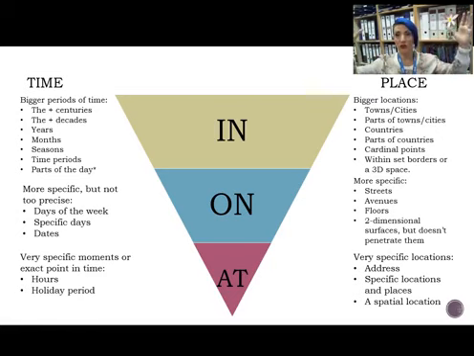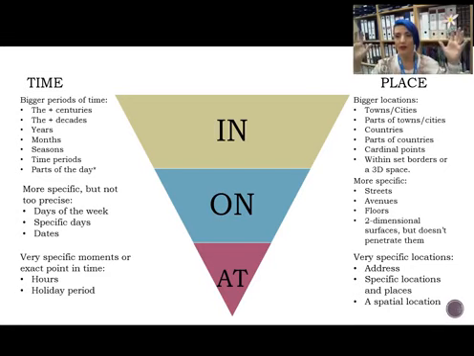In is used for bigger time periods or bigger locations. On is when you're being more specific about time or place. And of course at is when you're being very specific about moments and locations, right? So if we have a look at in, used in time,